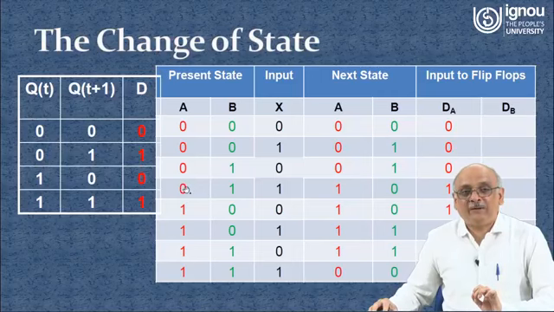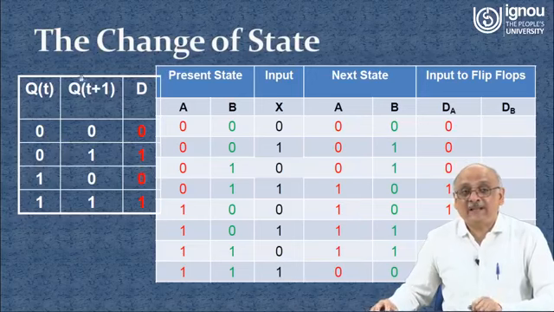Now here the present state of A is changed from 0 to 1. So for that, from 0 to 1, what is the D value we need? 1. So that is what is being shown. Alright. Then from 1, the next state is 1, you stay in 1. So once again from 1 to 1, you need 1. Then from 1 to 1, once again you need 1. Then 1 and 1, still you need 1. And then finally from state 1 to 0, what is going to happen? The dA value from 1 to 0 needs to be 0.